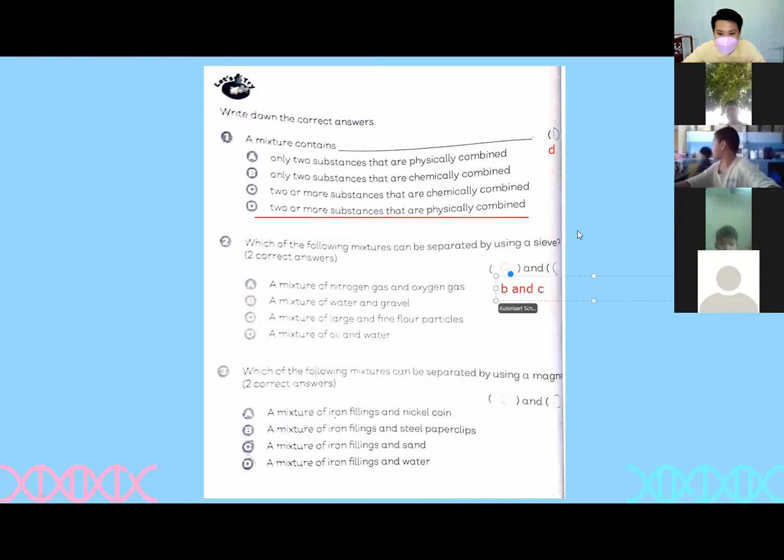B and C. And last one. Which of the following mixture or mixtures can be separated by using a magnet? A mixture of iron and fillings. That's the,